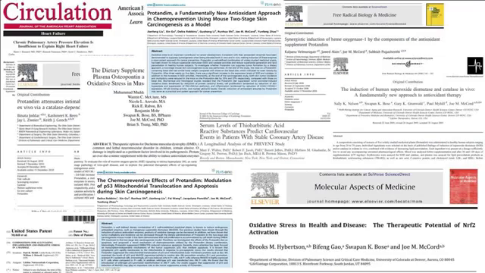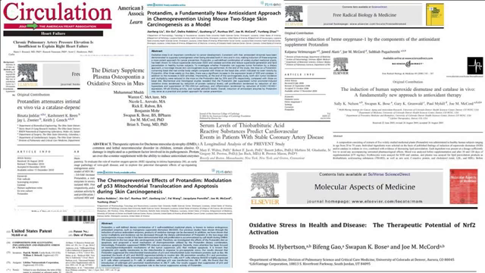And these are just some of the studies that have been done on Protandim, which is an all-natural NRF2 activator. And we've had research published in some of the most prestigious medical journals in the world, including Circulation, which is the journal of the American Heart Association. That's the article that caught my attention because I know Circulation, being a cardiologist, and I know that they don't publish studies about snake oil.